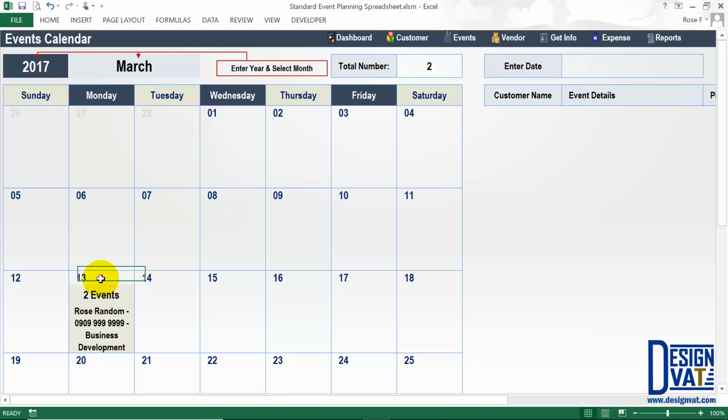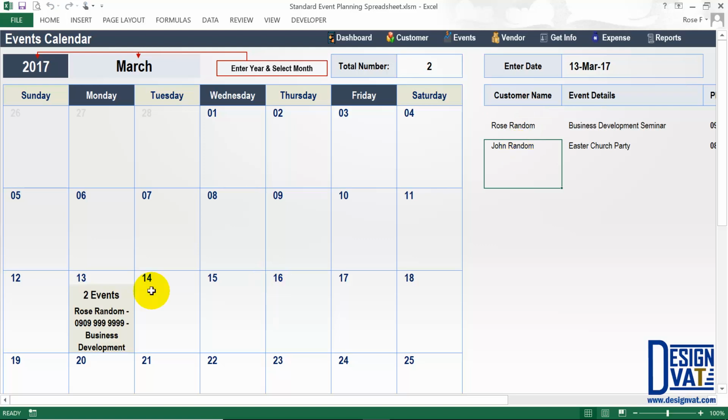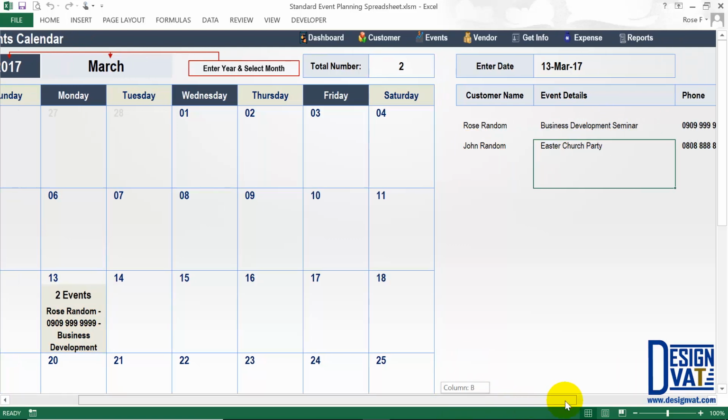So this is the 13th of March 2017. So here you simply enter 13, the day, March, the month, 2017. So that's the date, the month, the year. Once you click enter, it's going to display all the events you have on that day. So these are the 2 events we have on the 13th of March. The Rose Random event that is displayed here, which is a business development seminar, and then John Random's Easter church party. If you scroll to the right, it's equally going to show their phone number